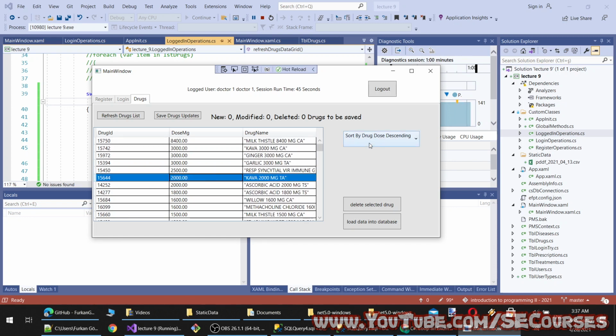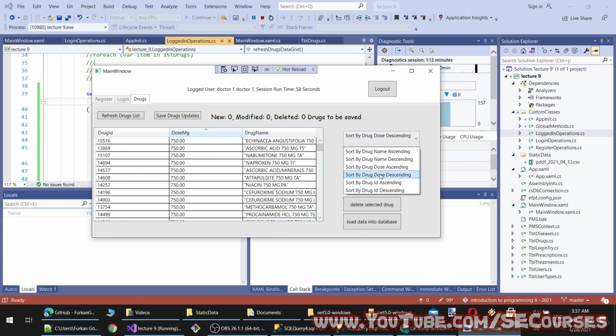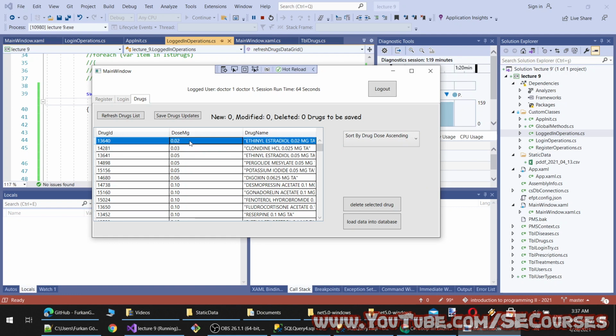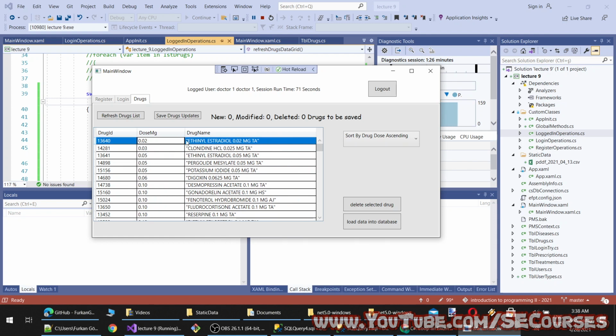Okay. So maybe you can, oh, this also sorts, but this is locally sorting. This is not sorting the entire database. This is sorting within the results. For example, if I make it ascending, you see it is going as low as 0.02 milligram.